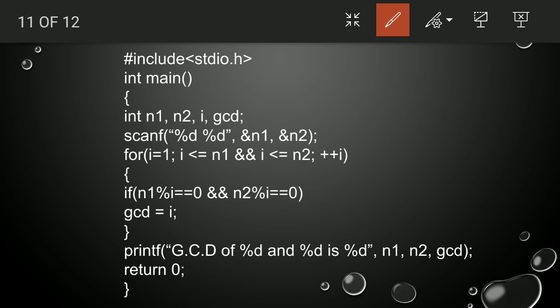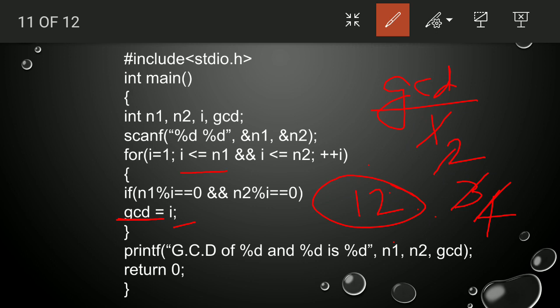So this same I will be assigned to GCD. Like GCD is first assigned 1, then 2, then 3, since 12 and 24 are both divisible by 3. So 3 will also be given to GCD. 4 is also divisible, like 12 and 24 are both divisible by 4. So GCD is assigned 4. In this way it will run up to 12. Are 12 and 24 both divisible by 12? Yes. So 12 will be our GCD output. GCD now contains 12. Now I will be incremented to 13.